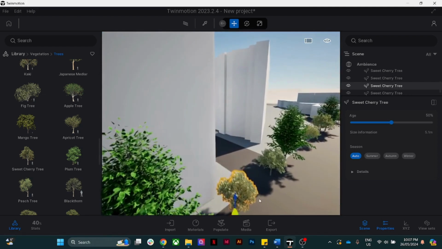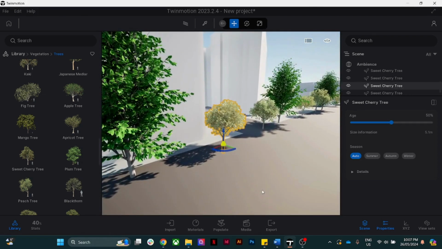Alright, let's look into this one tree here as an example. So the sizes can also be changed, as well as the season of the trees and how they might look